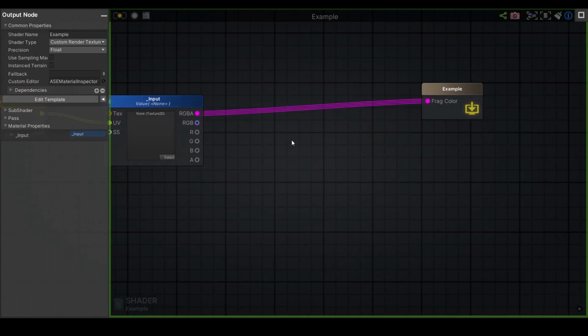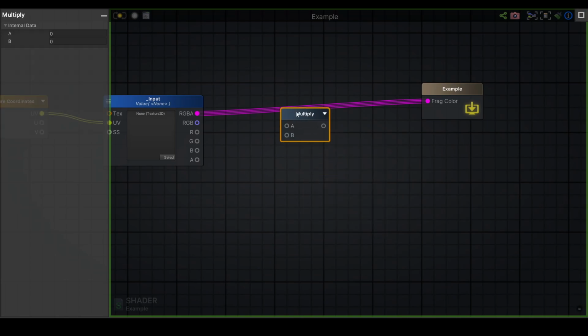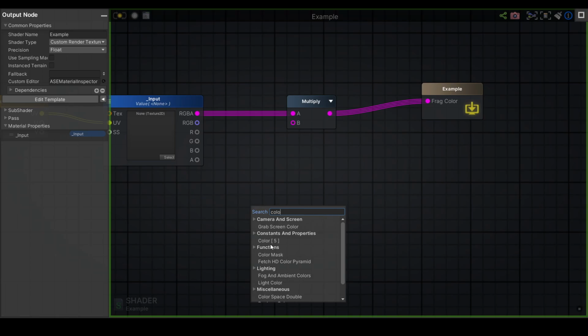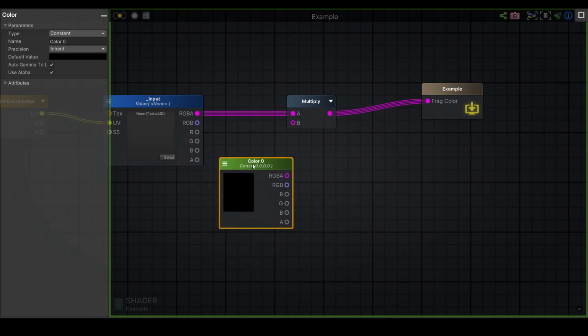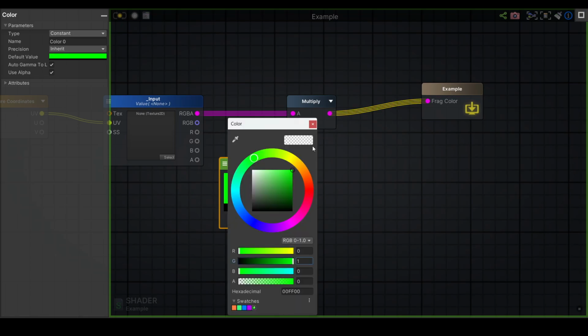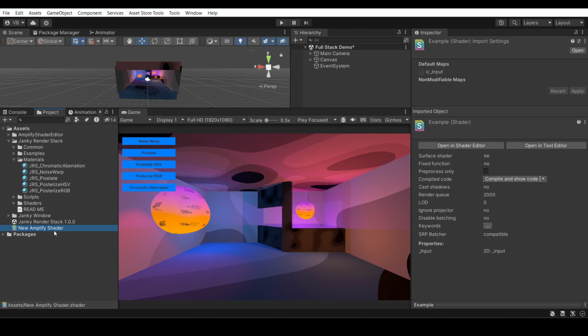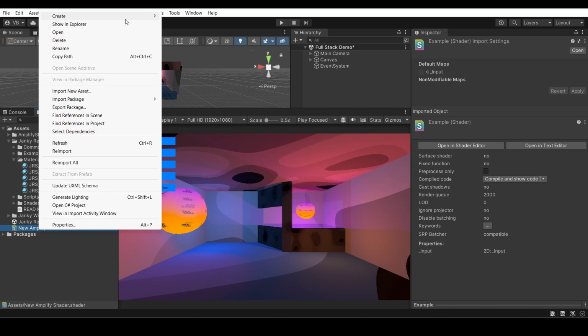And I'll multiply the input by a color value so you can see that this is actually working in the chain, and color, awesome. We'll make the color nice and pretty and green so it's easy to identify when it's working. And then I'm also going to quickly just create a